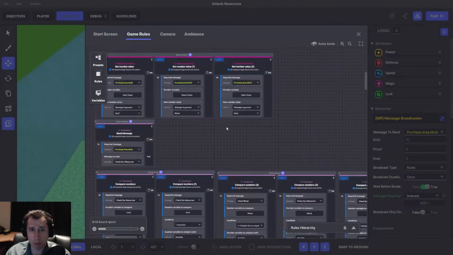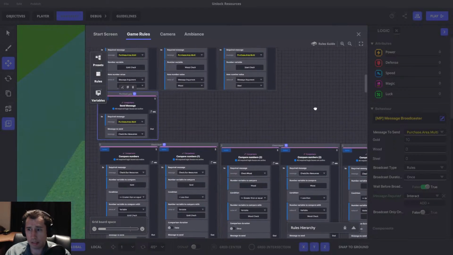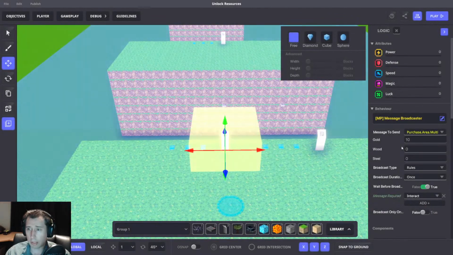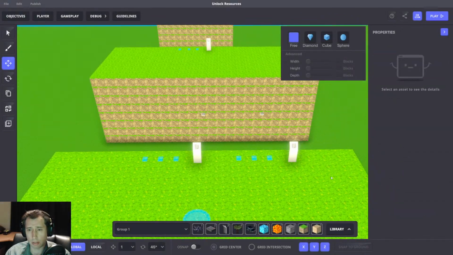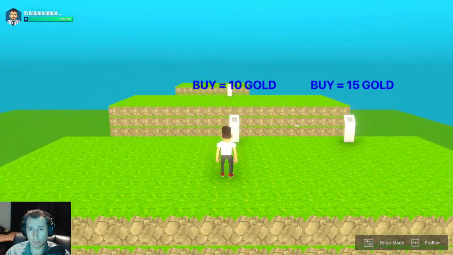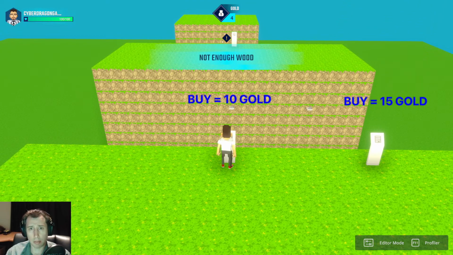So now we have multiple resources. And we can put this in action. So we don't have any wood generation, but we'll go ahead and put 1 wood. So now if we go ahead and test this and we press E, it's going to let us know we don't have enough wood,